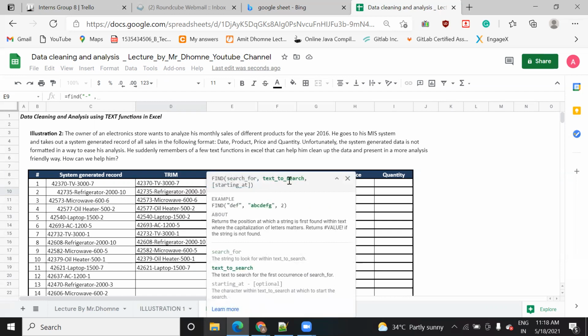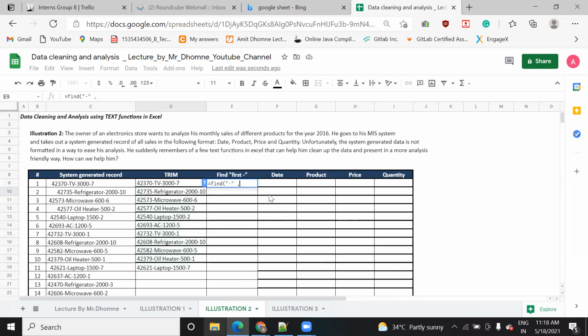So search for hyphen, text to search is this one, and then starting. I want to search in D9, after removing, right? D9, and starting from the first character, so I will pass 1 and close it and press enter.